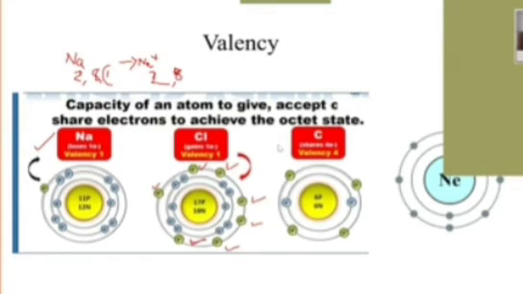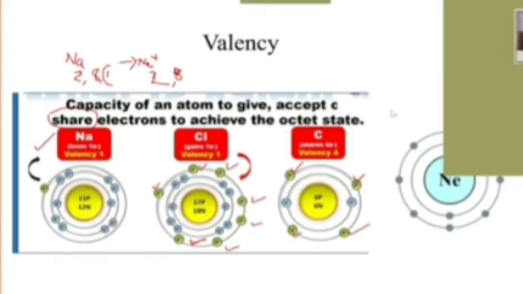In the second picture, chlorine has 7 electrons in the outermost shell. Here, when a chlorine atom combines with another atom, it attains stability by accepting one electron, because the outermost shell contains 7 electrons. To donate or share is difficult. So it accepts one electron. Therefore, the valency is 1.